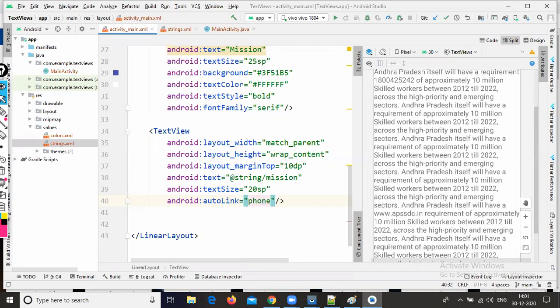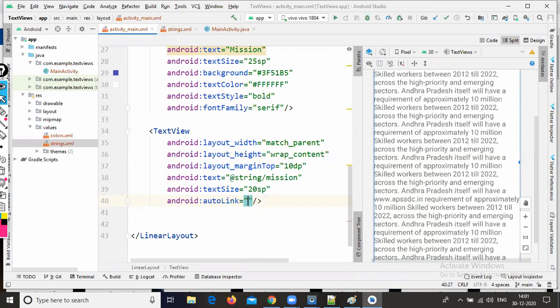Otherwise, instead of phone numbers, in case you want to give web, the web color changes automatically. In my project I have three components: one for mobile number, one for web address, and one for Gmail.